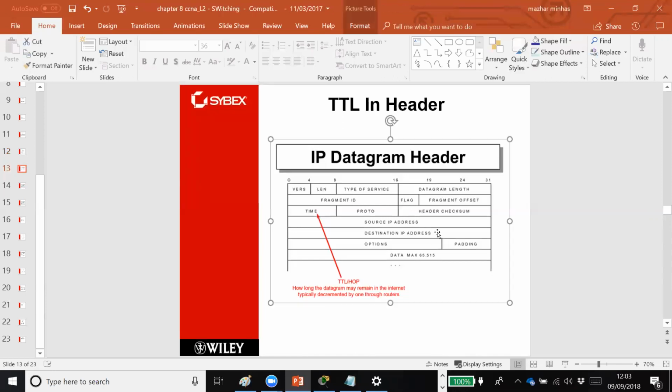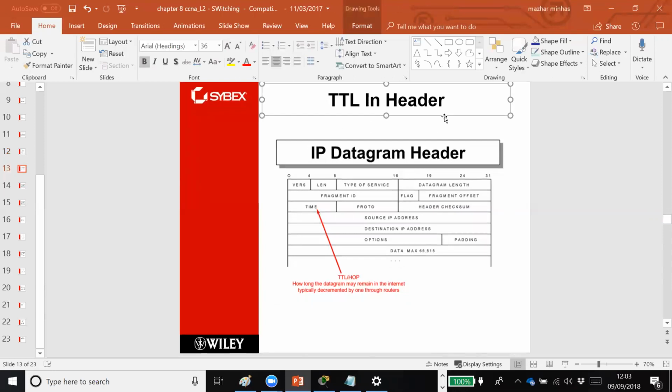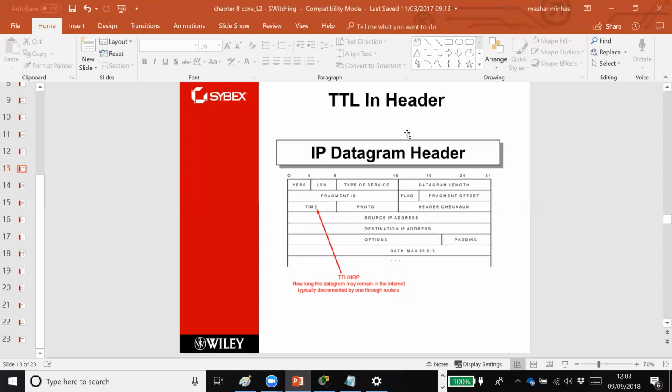Okay, so in layer 2, there's a problem. In a layer 2 network, there is one problem. Layer 2 does not have a loop prevention mechanism. What do you mean by loop? When you send information... Duplicate IP is different. Loop prevention is different. So for example, as I said, just an example, if you could not find a house, let me